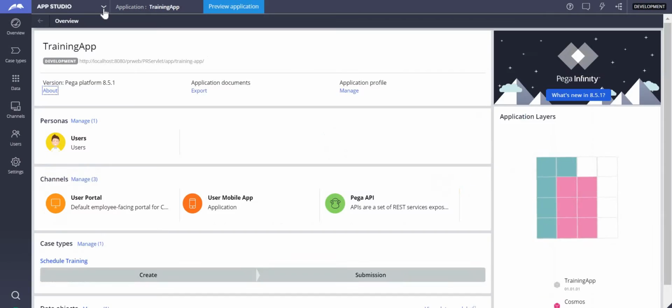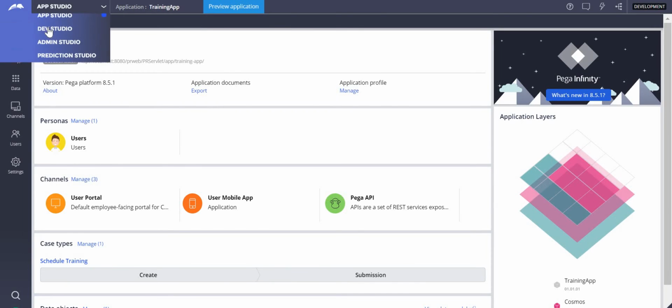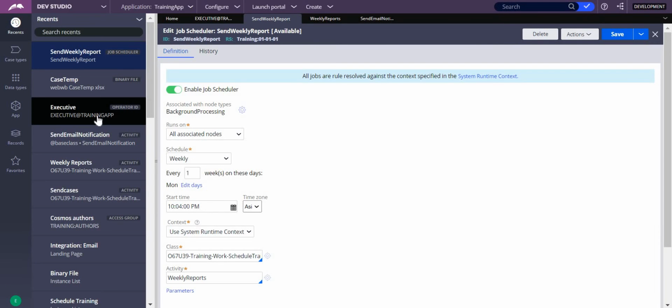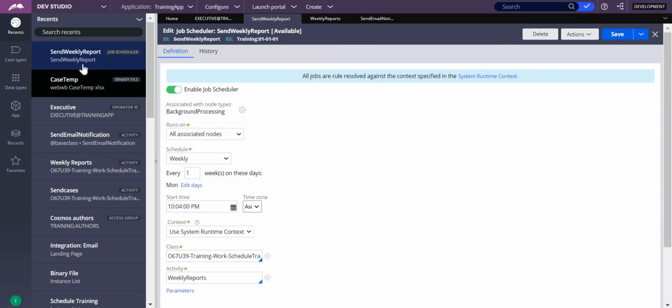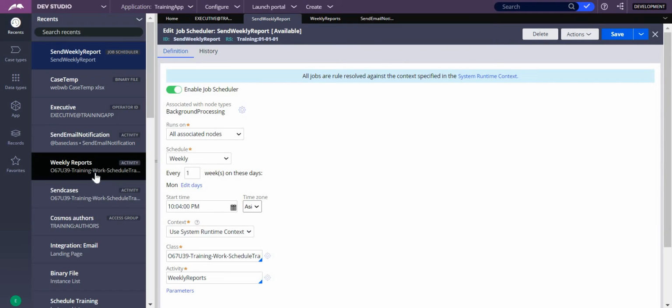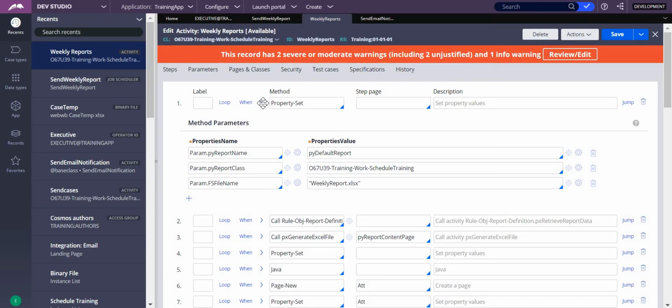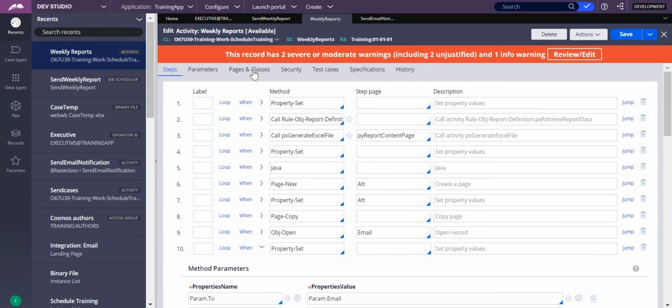Okay, so let me go back to the activity. How did we write the activity? There is some Java code which we have written over here. The Java code is responsible for reading the data there. Yes, so this is my activity here. So first of all, to understand what I'm doing,